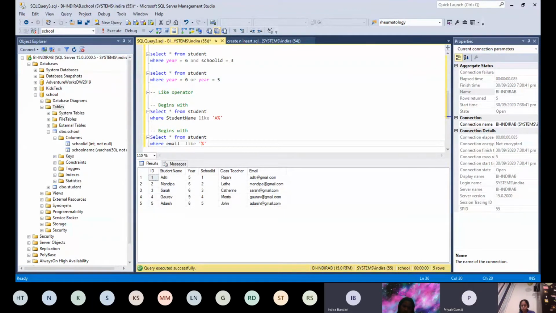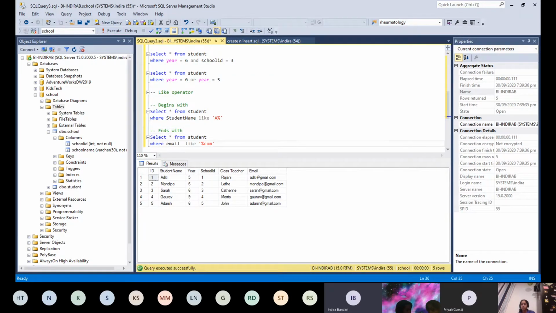And how are we going to give the code? Email like percentage com, because we have to get ending with com, right? So percentage will be in the front for ending, ends with. So when I run this, how many are we going to get? All 5, because all 5 have gmail.com. Okay. So ends with is done.